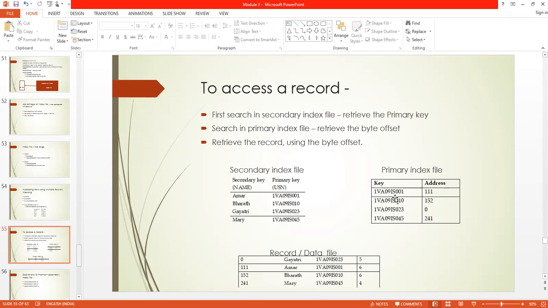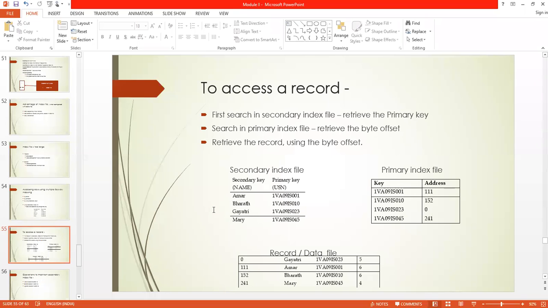Whereas the primary index file is sorted according to the primary key, and the secondary index file is sorted according to the secondary key. So it is purely based on the secondary key that it is sorted, because I want to search for the name. Suppose I want to search for the name, it is in sorted order.